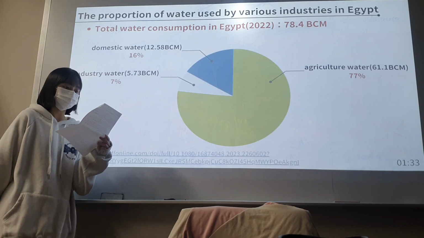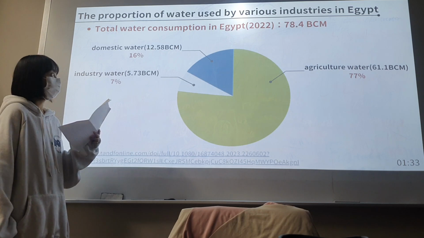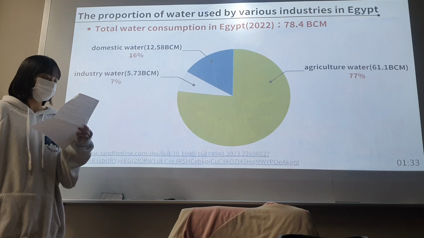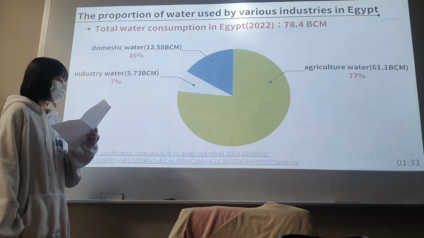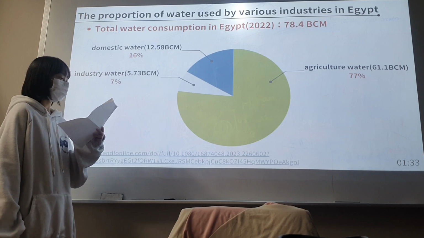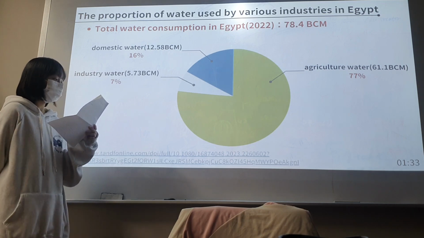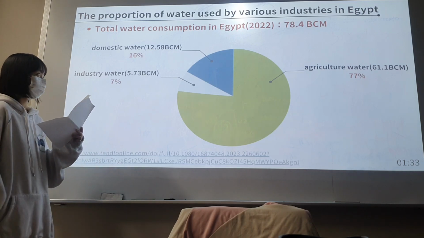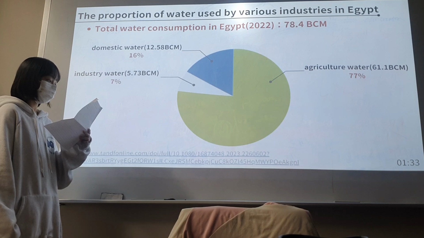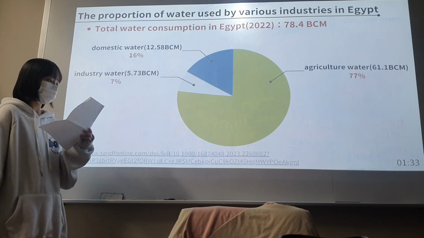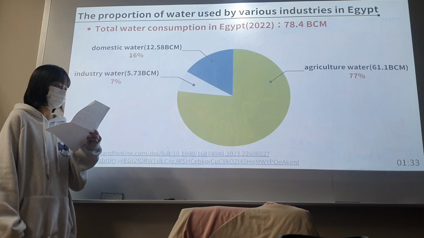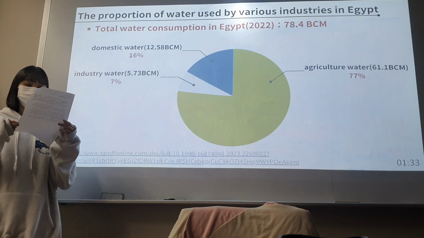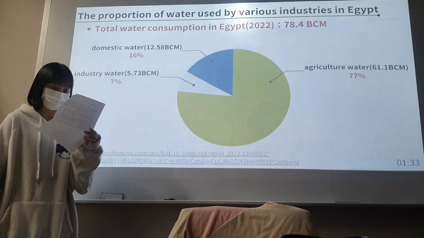That is the largest consumer, accounting for 61.1 billion cubic meters. Following this, domestic water use is 12.58 billion cubic meters, representing 16%. Industrial water use is 5.73 billion cubic meters, making up 7%. Because agricultural water usage dominates,